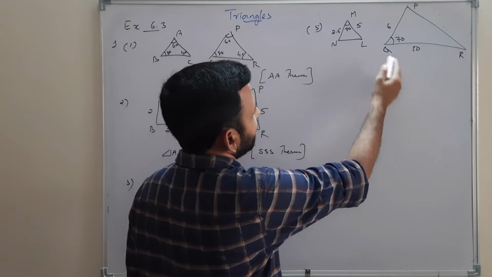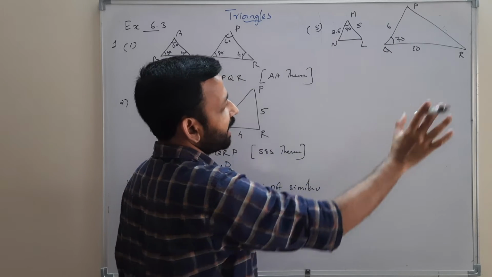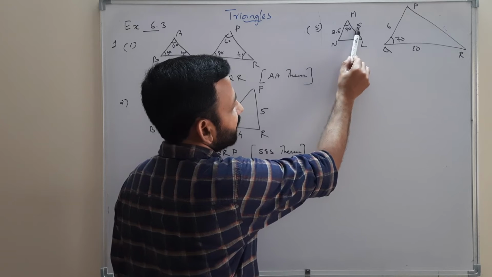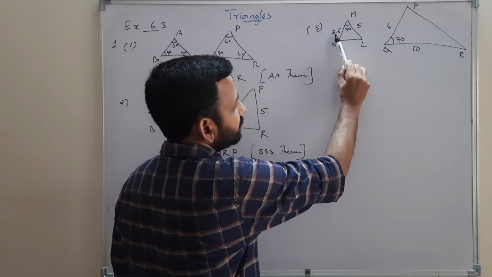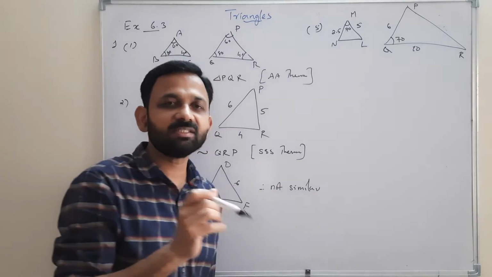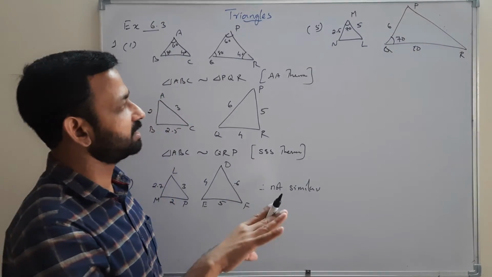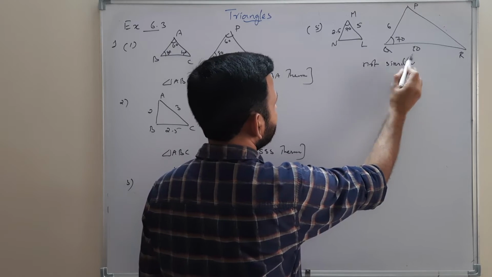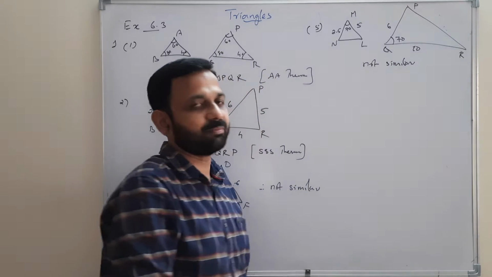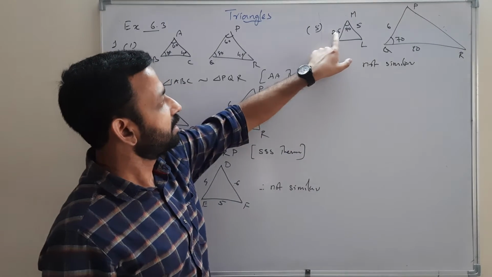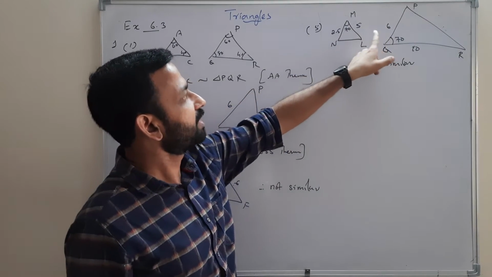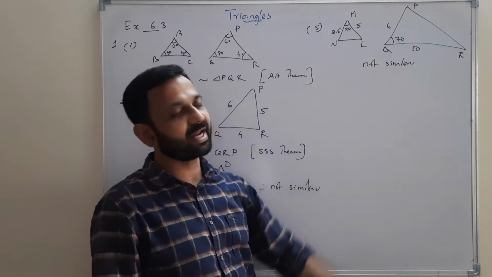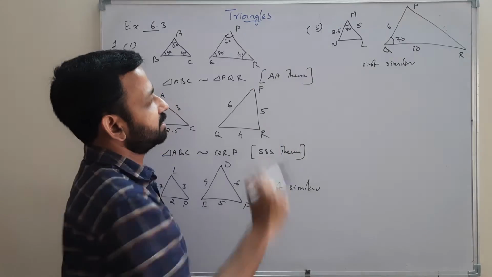So when we compare the two triangles, angles are same, included angles equal, and the ratio between the sides, 5 by 10 is not equal to 2.5 upon 6. The sides are not in same ratio, but included angles equal, so they are not similar. But if you have 3 here in your NCERT book, 3 upon 6, 1 by 2, 5 upon 10, again 1 by 2, included angles equal, so the triangles will be similar, but here they are not similar.